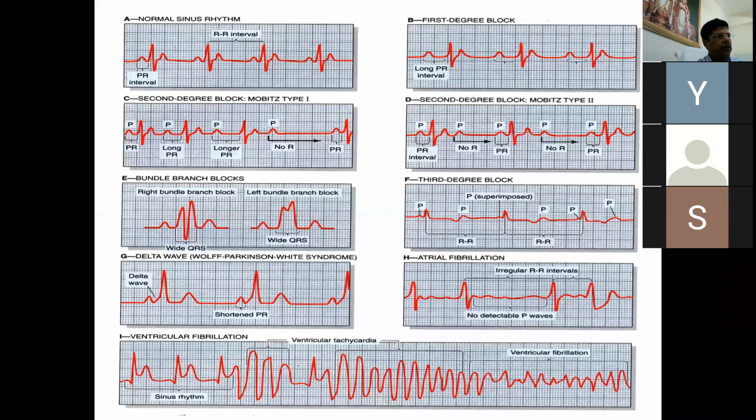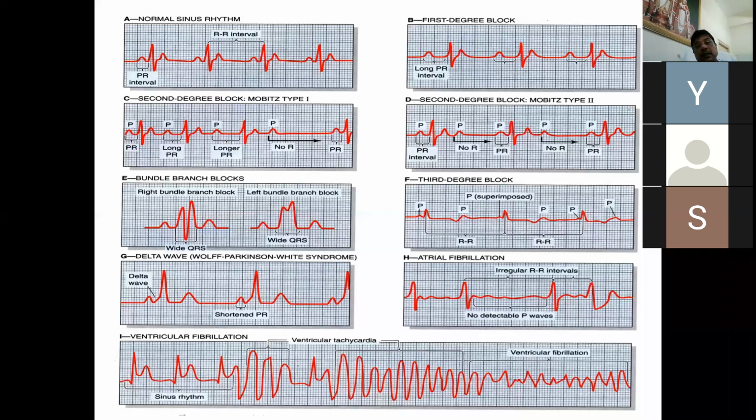So just look at this. This shows so many panels. Panel A, normal sinus rhythm. Panel 2 shows the heart blocks. What do you understand by heart blocks? Heart blocks does not tell about blocks in the blood flow. Heart blocks refer to blocks in the